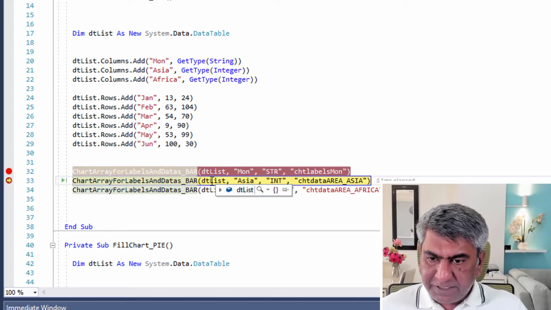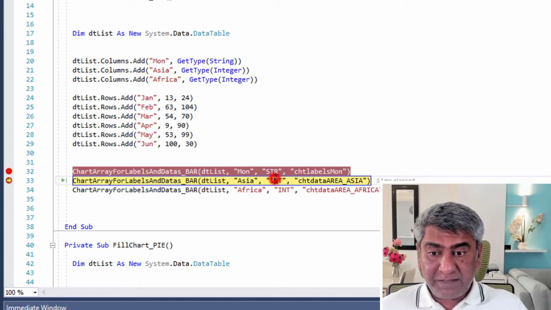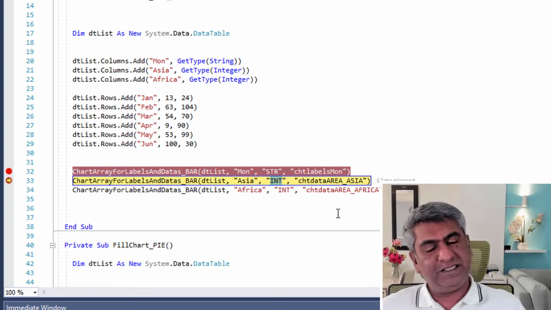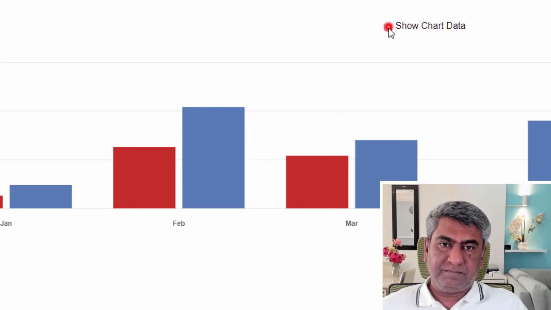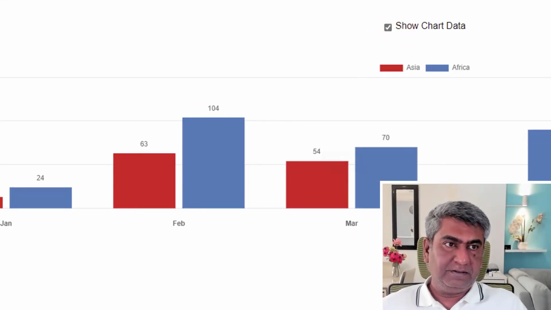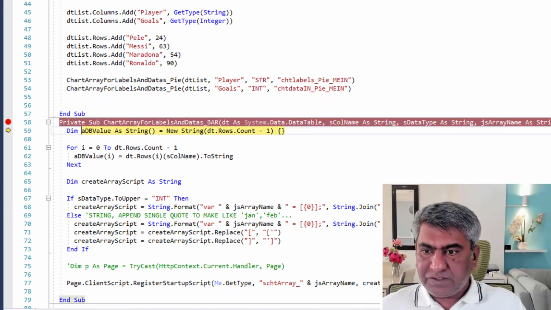Again, we are passing the same data table, but the label we are passing is Asia, and the data type we are passing here is integer, because that is the indication that it is data, it is not a label. And what is the JavaScript variable name here? Now let's go inside.